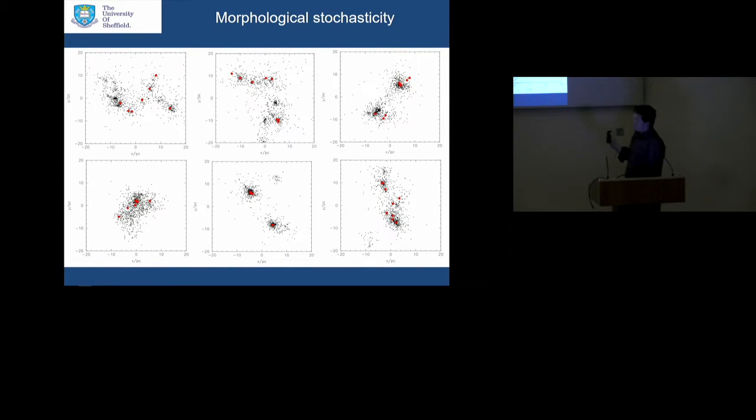I should add that this Q parameter is not completely magic. It doesn't really distinguish between very different morphologies. It'll tell you if something's substructured or not, but you can see these regions all have the same Q parameter, give or take, and they've got very different morphologies. So there's still a lot of work to be done in quantifying the statistical spatial distributions of these types of star forming region.